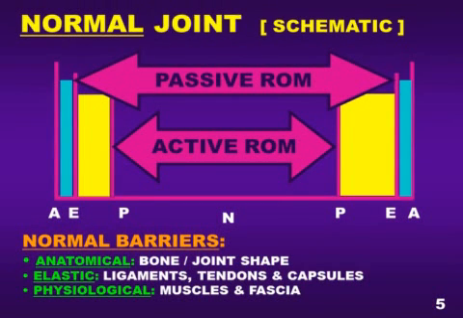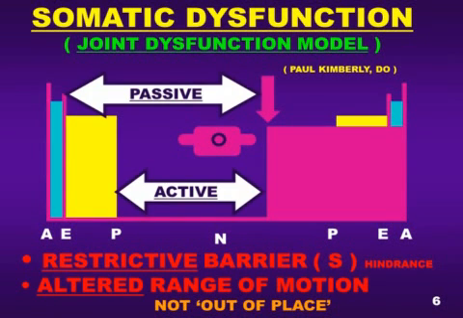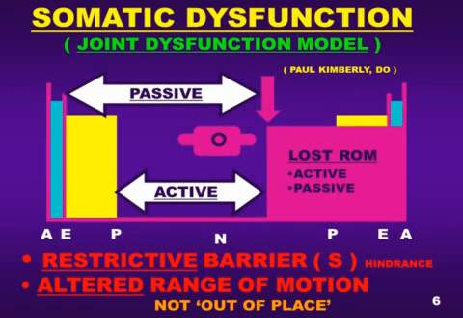So this would be the schematic for the normal. Well, what is somatic dysfunction all about? Now we've got a restrictive barrier, so it's not out of place, but we've got this restrictive barrier, and now active and passive range of motion are both restricted. It'd be normal in this case to the left, but it's going to be restricted going to the right. And so the restrictive barrier would represent the lost range of motion, both active and passive. This whole concept of barriers was developed by Paul Kimberly and is a very useful tool in explaining manipulative